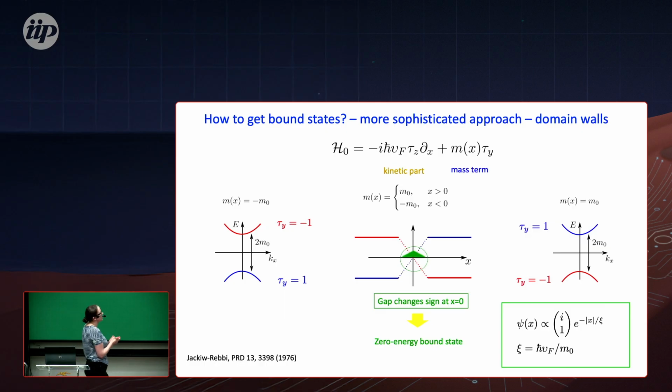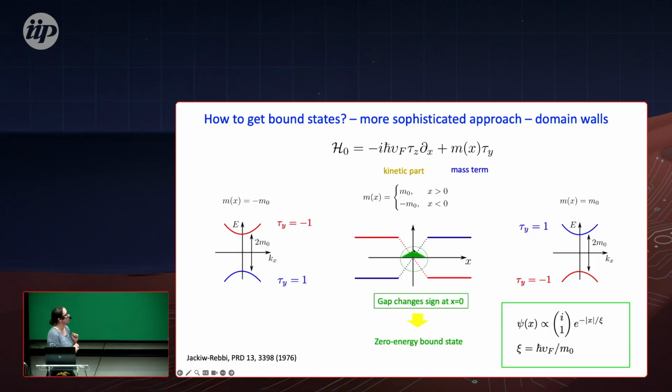But how does topology actually occur? For a simple topological model, we have a kinetic term, right? So the system moves, and then you need to open a gap, and we usually open the gap by some mass term. And the idea in this simple model is that this mass could have a positive sign or a negative sign, right? And then we assume that if you have an interface between the positive and negative sides, then we trap a bound state here.